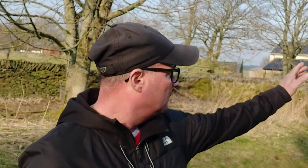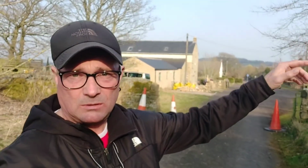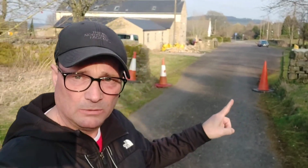If I was stood here in this very spot about 15-20 years ago, I would have been seriously knocked over. This road I'm stood on, at this precise moment in time, is the old Manchester Road. About 100 yards that direction is where they've made the new roundabout that takes you on the A628 from the A616, which leads you from Stocksbridge and the Stocksbridge bypass, and the A628 that leads you to Manchester, which is the Woodhead Pass. But this is the old road